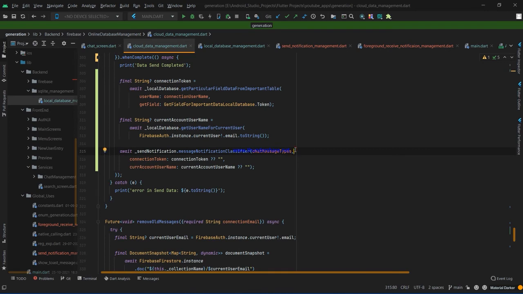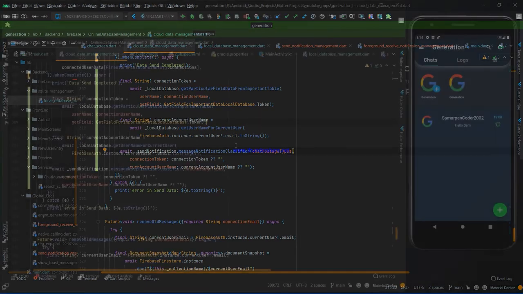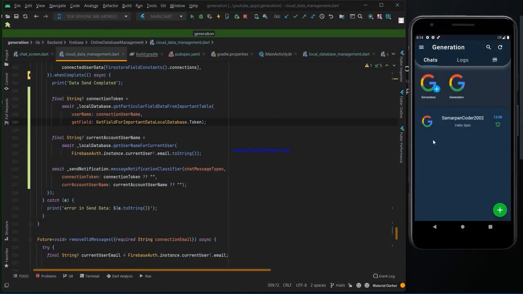Now is the time for testing on our two devices, virtual and physical. So guys, I ran that on our emulator and the physical device as well, but before showing the demo, I want to tell you something: after using that notification management, there might be some errors happening during running in the emulator or in the physical device, whichever you want to run.